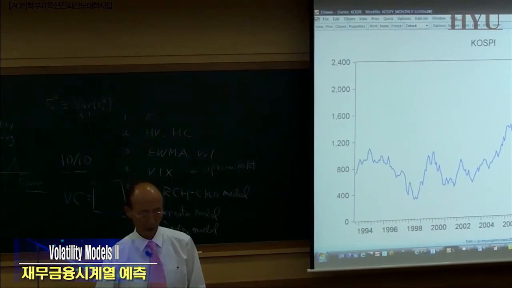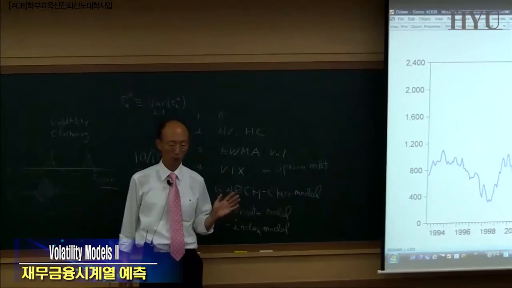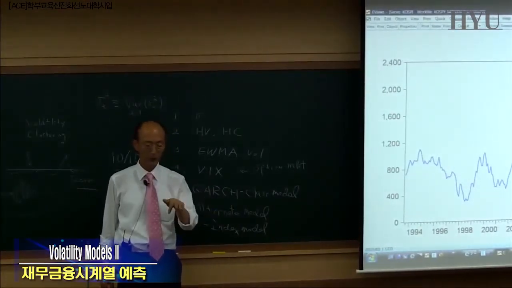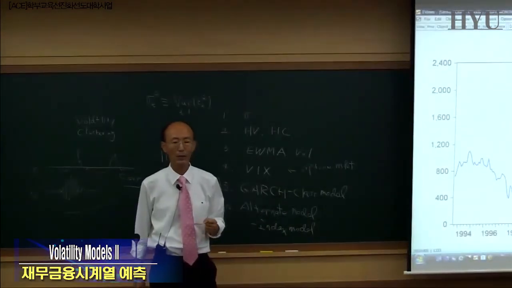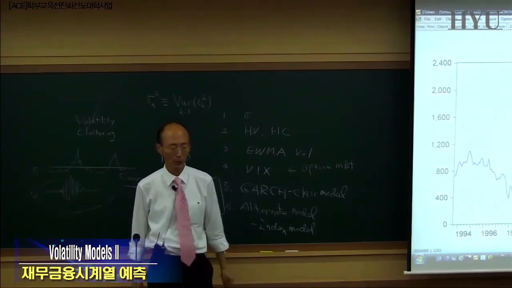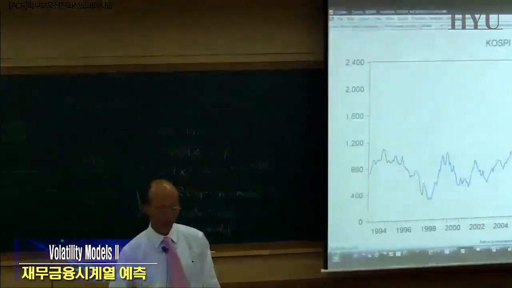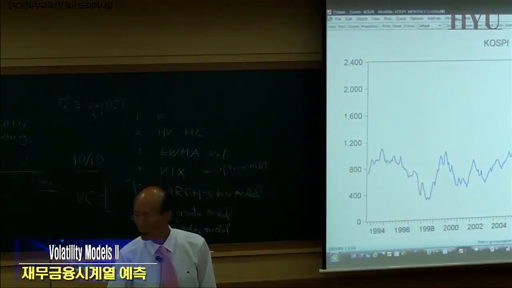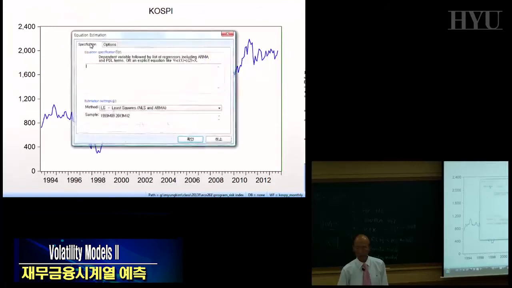Okay, so this is the KOSPI, and of course we can go for a formal test to see whether there is an ARCH or GARCH type effect, but it is well known in the industry that there is a conditional volatility feature in this data. So we'll go ahead and estimate this one as, let's say, a GARCH(1,1) process. Okay. So here, quick estimate equation, and